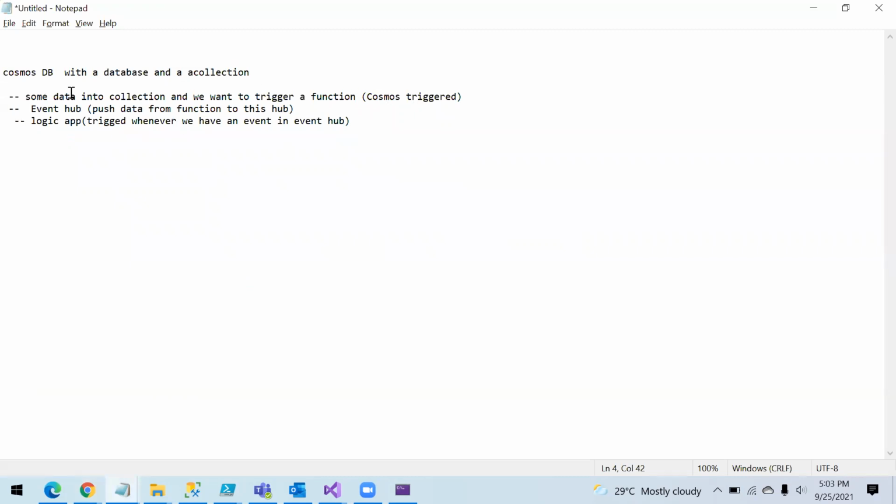The next steps I want to cover in the next video. Whatever we have done till now is we have created a Cosmos DB account and we have created a function app, and we have used the very basic boilerplate code from the Visual Studio, where we trigger our function whenever we put some data into our Cosmos DB and we just publish the data on the console window. And we have also published that function to the Azure portal.